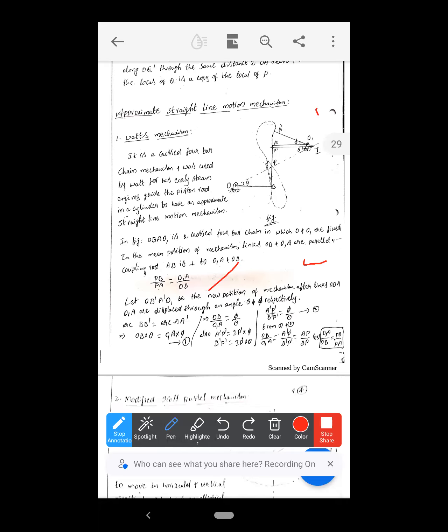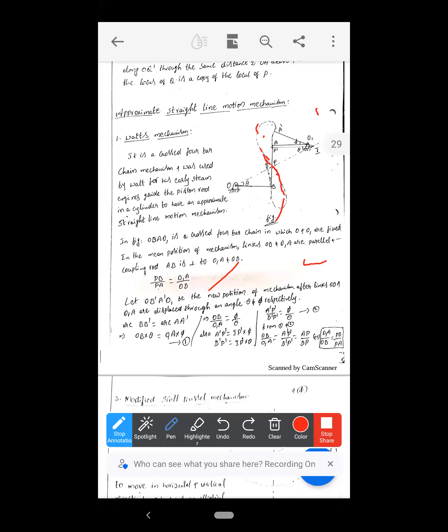Now going to see that. When the mechanism moves, that means when the link OB moves, it gets some oscillations. When the link OB gets some oscillations, then we may also achieve the motion of our links BA, AB link and O1A link. So when the mechanism moves, they may also get this type of motion to achieve here.